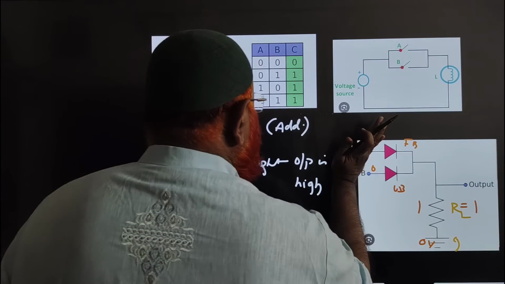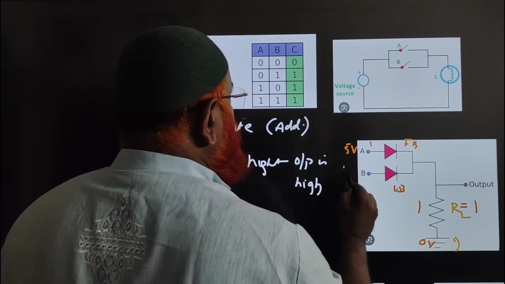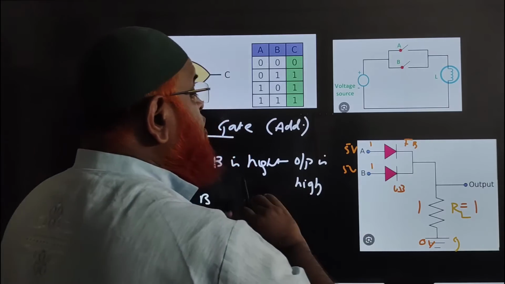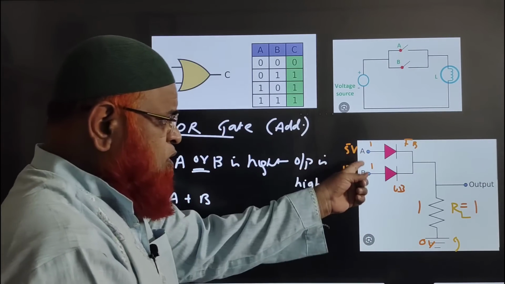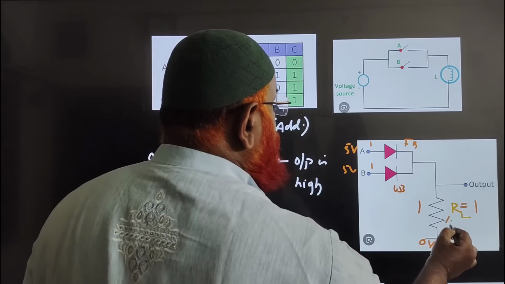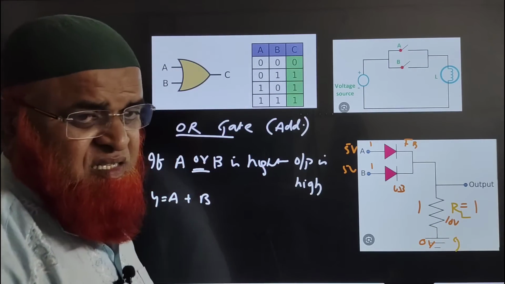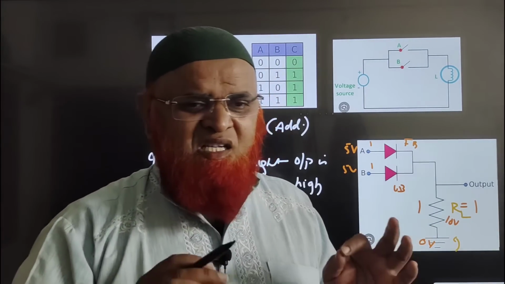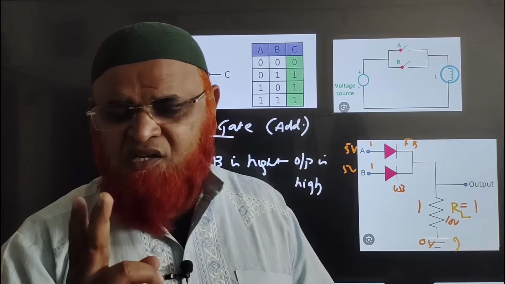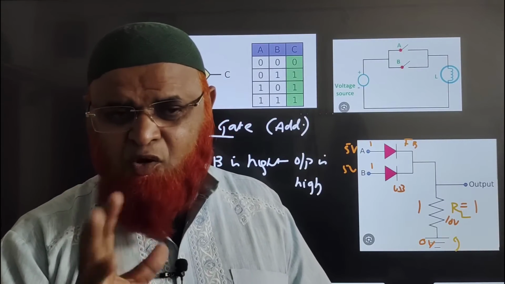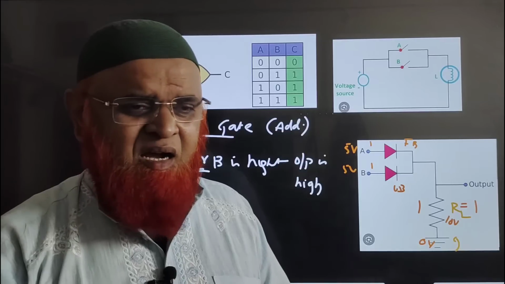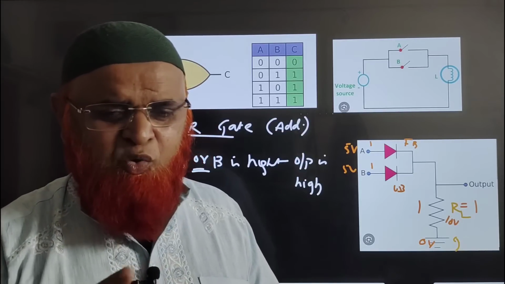So what I am going to do now? I am supplying 5 volts. This 1 and 1 both are forward bias. इसको भी 5 volts सप्लाई कर रहा है, इसको भी 5 volts सप्लाई कर रहा है, यहाँ पर 10 volts आ गए। Means देखो डिजिटल इलेक्ट्रॉनिक्स के अंदर सिर्फ 2 ही कंडीशन समझ में आते हैं सर्किट्स को, 2, 3, 4, 5 नहीं समझ में आता, डेसिमल नंबर सिस्टम नहीं समझ में आता, 1, 2, 3, 4, 5, 6, 7,